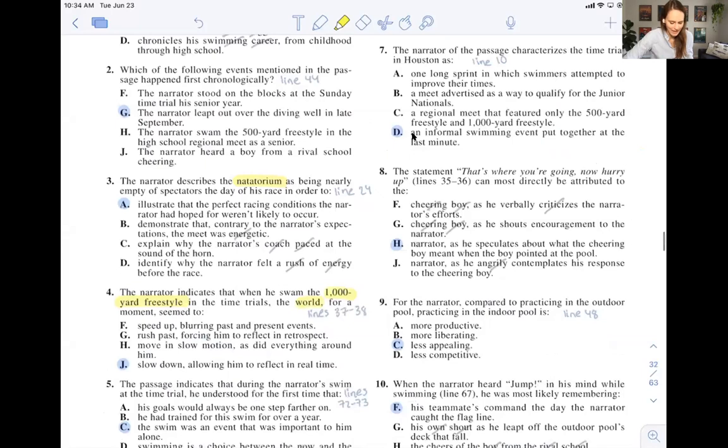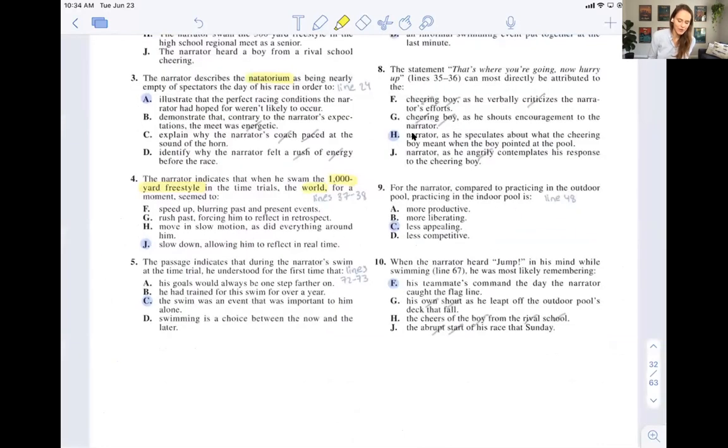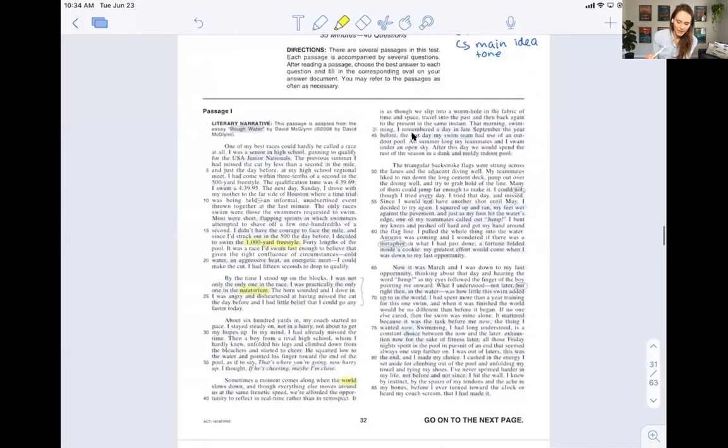So number 5 was a question. The passage indicates that during the narrator's swim at the time trial, he understood for the first time that what? So first off, question number 5 is kind of in the middle, right, of this question set. So when I'm skimming for it, I am going to be skimming, and I'm going to get a really big